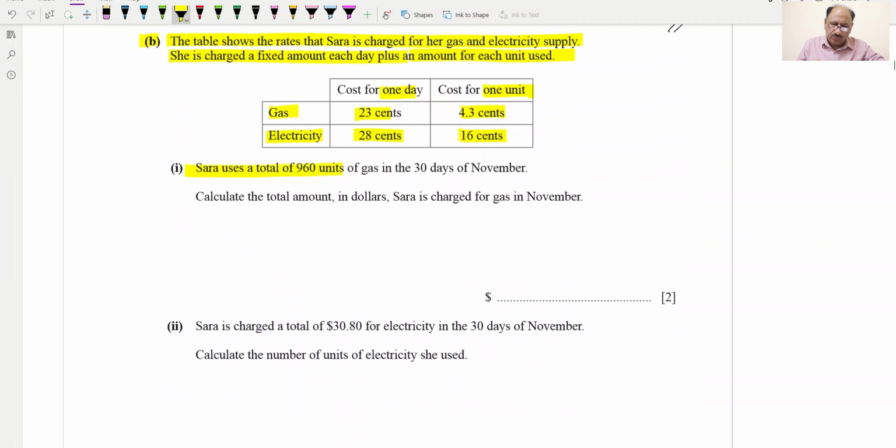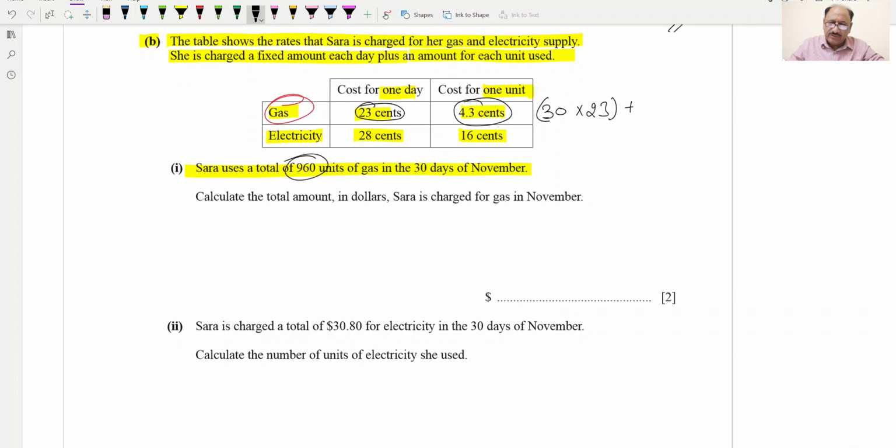Sarah uses a total of 96 units of gas in 30 days. So for gas, we will be applying the rate for 30 days. This many per day, so this will be 23 cents multiplied by 30, and plus this many will be for